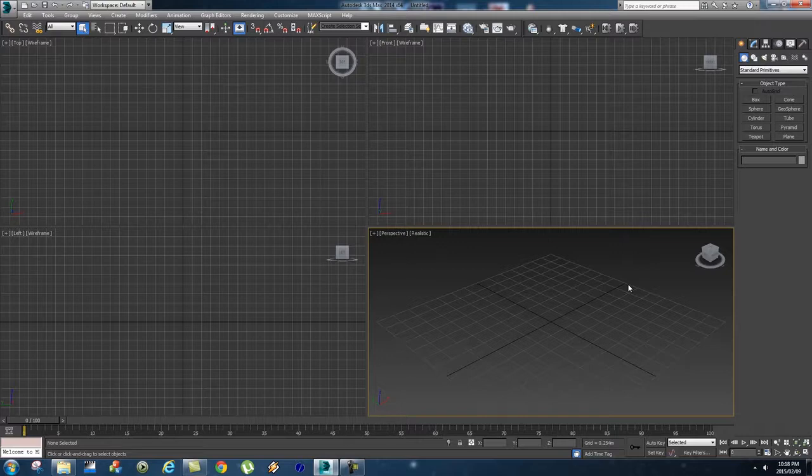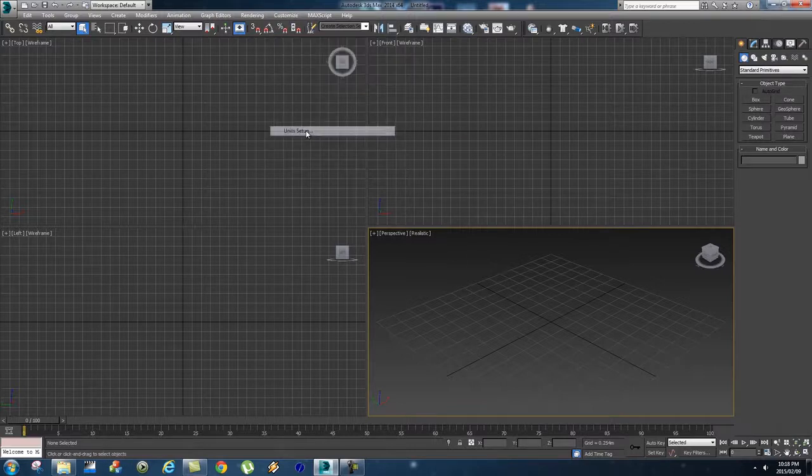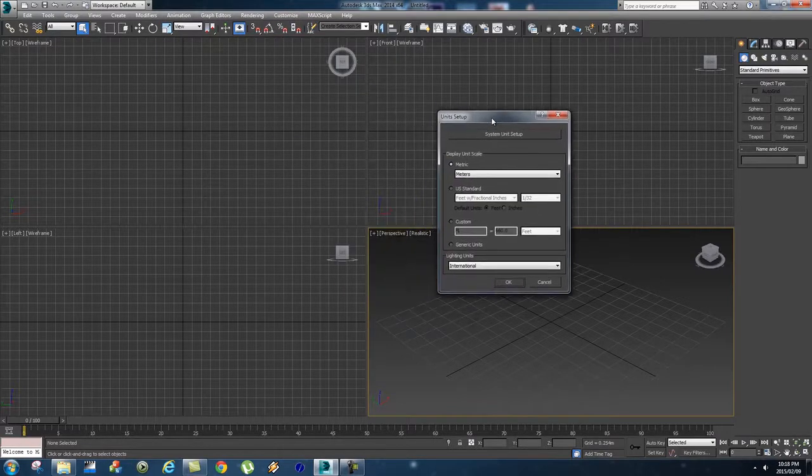We've got the dimensions in meters or maybe feet or something like that. Then you need to set up 3ds Max to work in those unit scales. So basically you'll click on Customize here at the top, and then you'll go to Units Setup. And on the Unit Setup window, you can change between metric and US standard. So if you're from America, you'll probably be familiar with decimal inches and fractional feet and decimal feet and all those kind of things. I'm using the metric system, so I'm going to be using meters for this one,